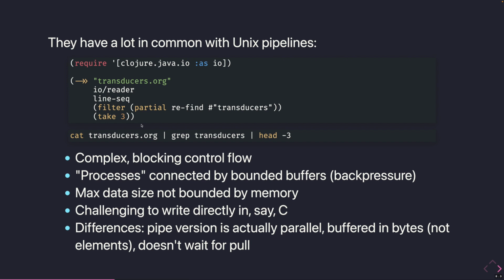One difference is that the pipe version is truly parallel, right? These are running as separate processes. And like we said, they're buffering on a byte basis. So they're not waiting for something to ask for values before they produce them. They're all just writing to their little pipes, which are kind of like tiny temporary files in a sense, versus